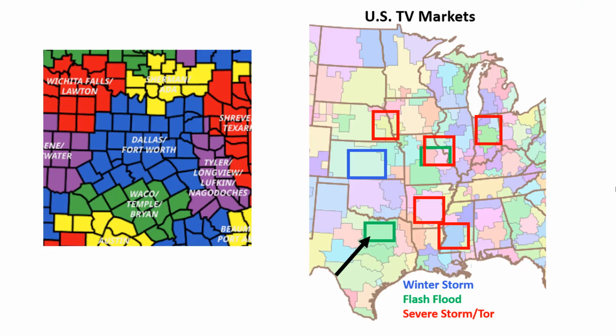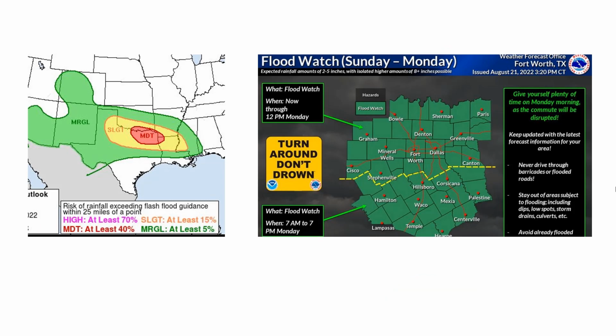For this case, we'll focus on the Dallas-Fort Worth TV market area. This is one of two flood cases available in this video series. A moderate risk of excessive rainfall was forecast for northern Texas for the evening of August 21st. A flood watch was in effect for all of northern and central Texas for nearly a 24-hour period, starting the